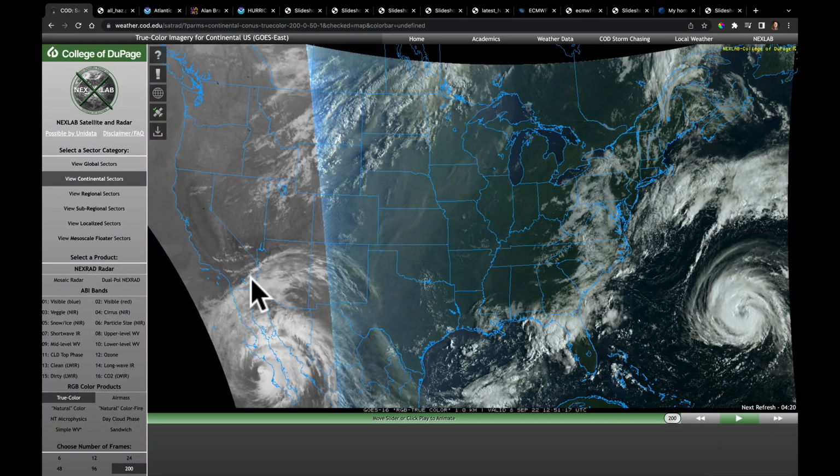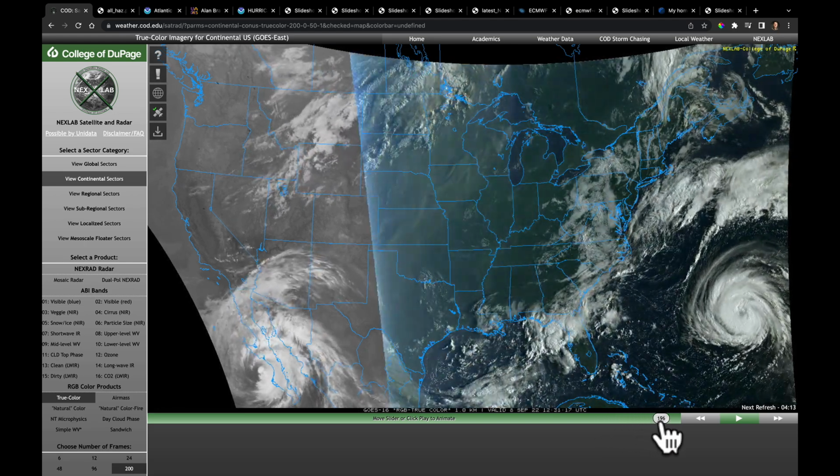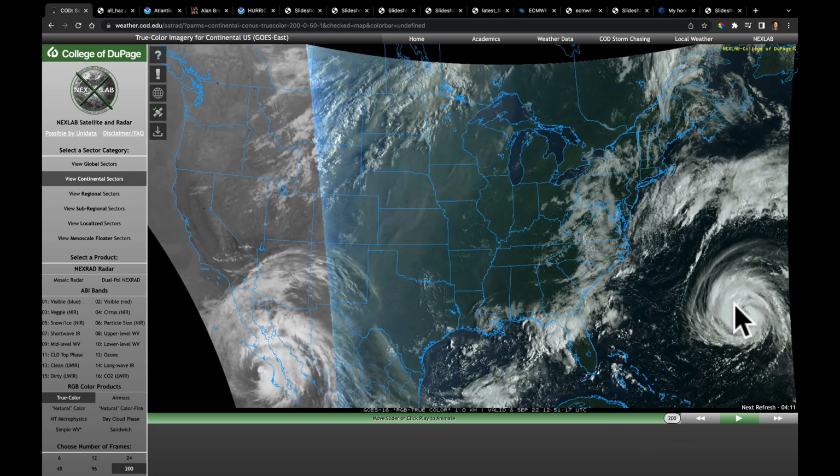Well, good morning, everybody. As we start off this Thursday morning, we're watching some satellite imagery as the sun was rising. You can see quite a few of the pieces we've been talking about this week, including Hurricane Earl, which is going to make this hard turn out to open ocean, and then Hurricane Danielle, which is going to continue over the next 2 days coming up along the coast of the Baja of California before turning out